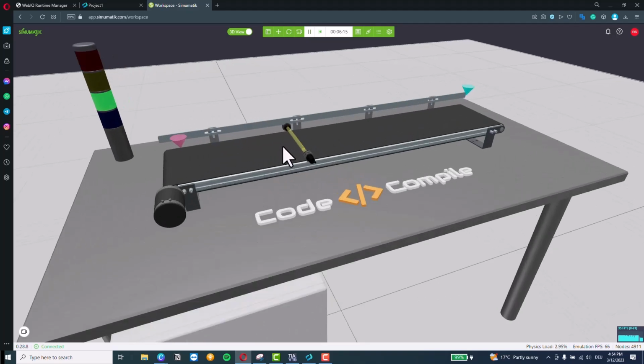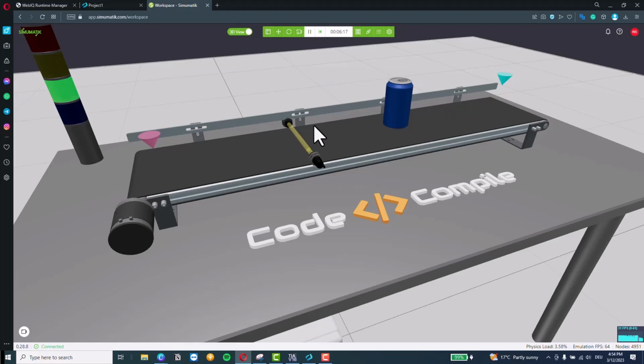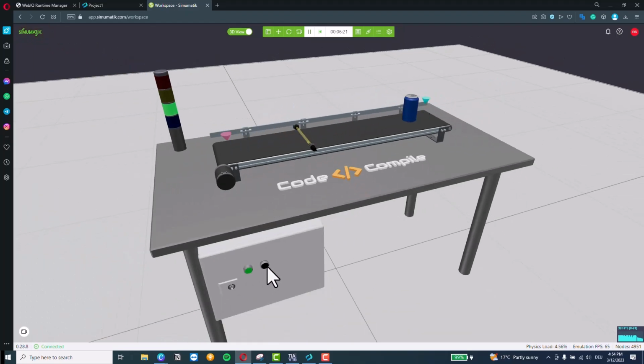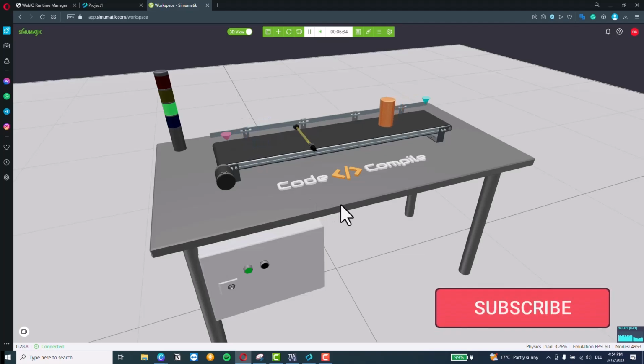have a sensor to count if the object is metal or non-metal, and we are counting this object. And we can stop the conveyor from these two buttons here, but we want to do that from the HMI. Okay. And if you're interested to know how I created this, it is created on Simomatic. You can go to simomatic.com and check out the trial version, which allows you to create digital twin for 30